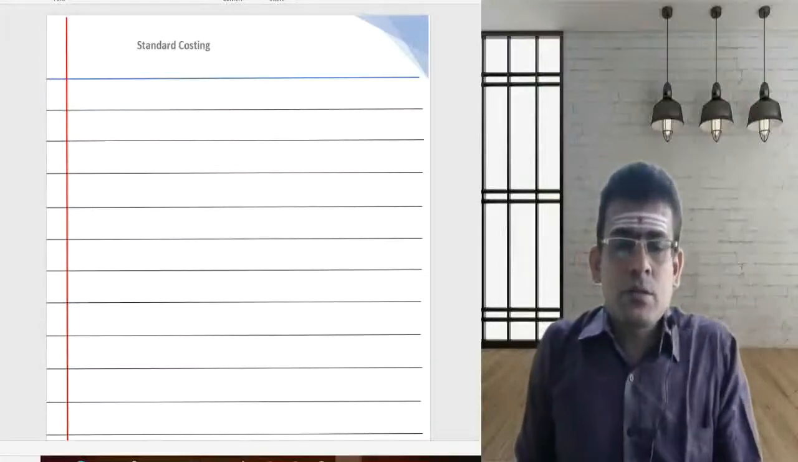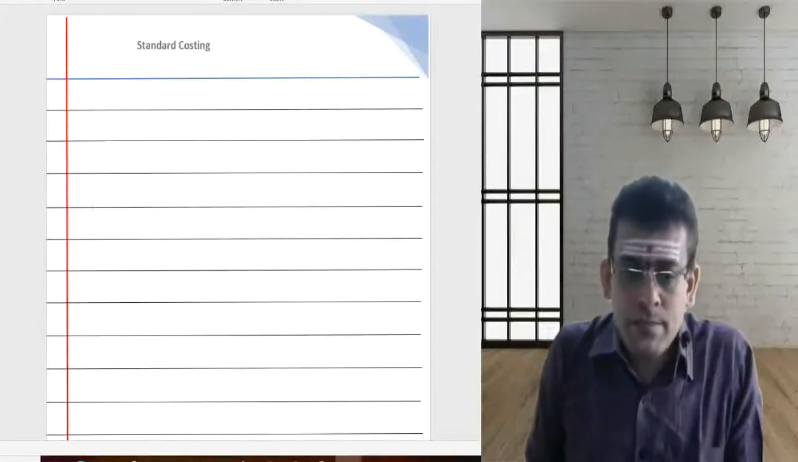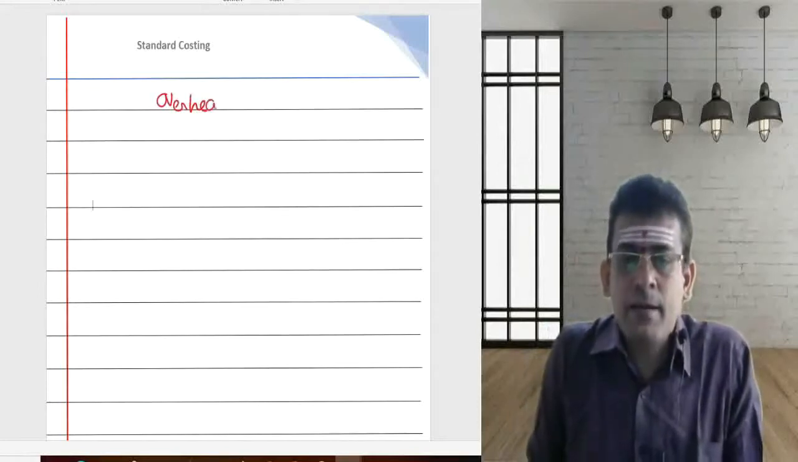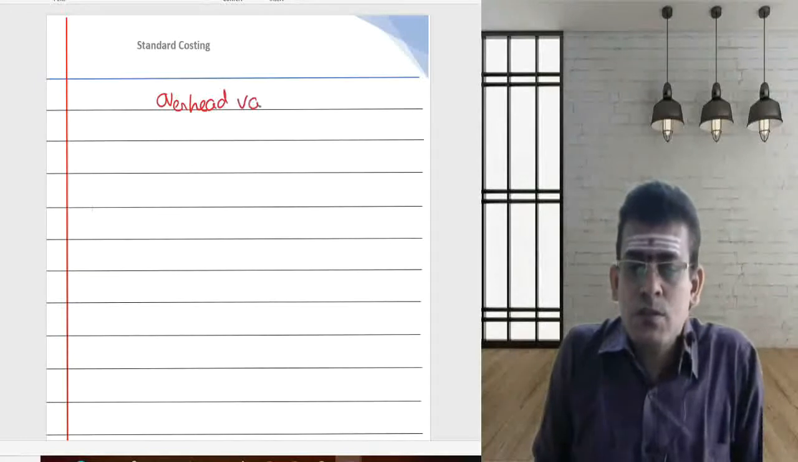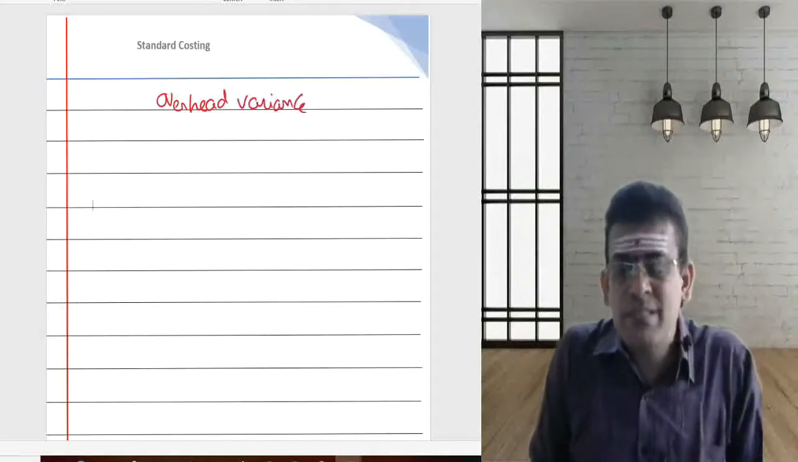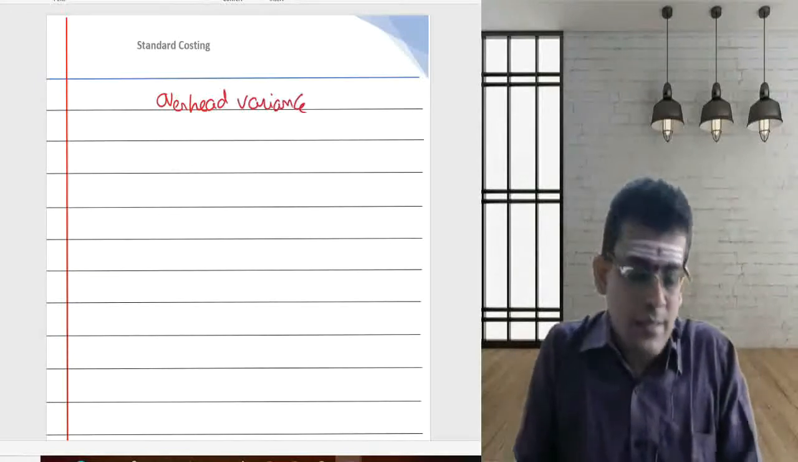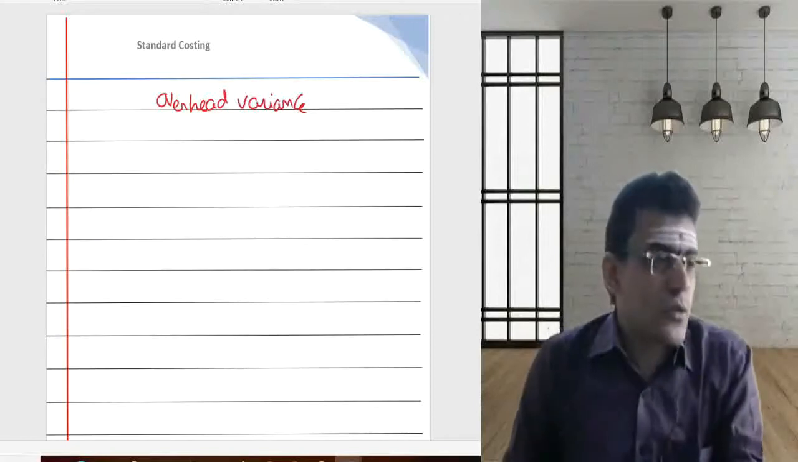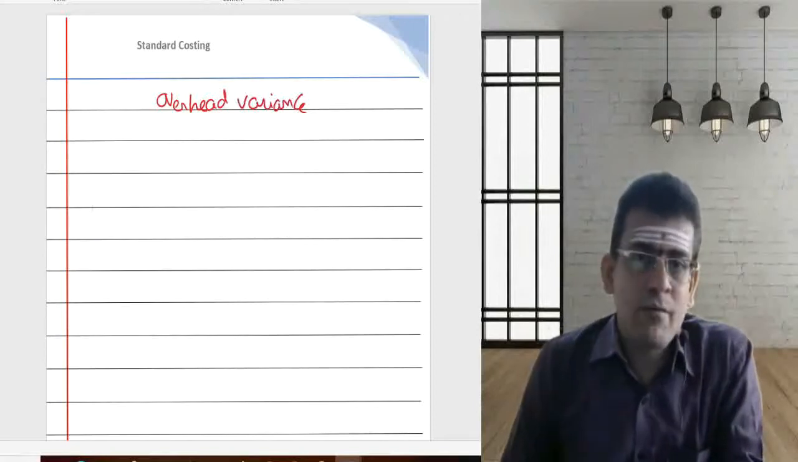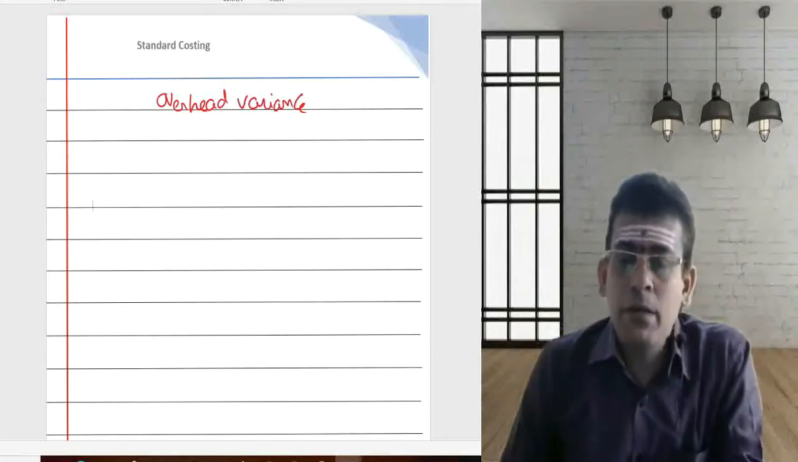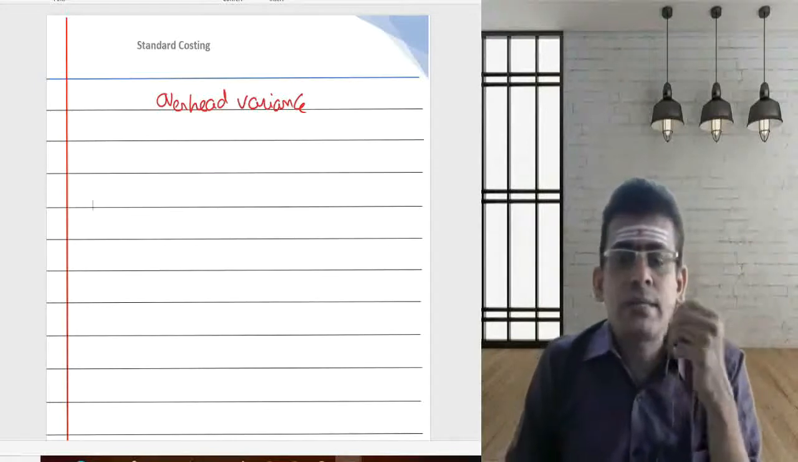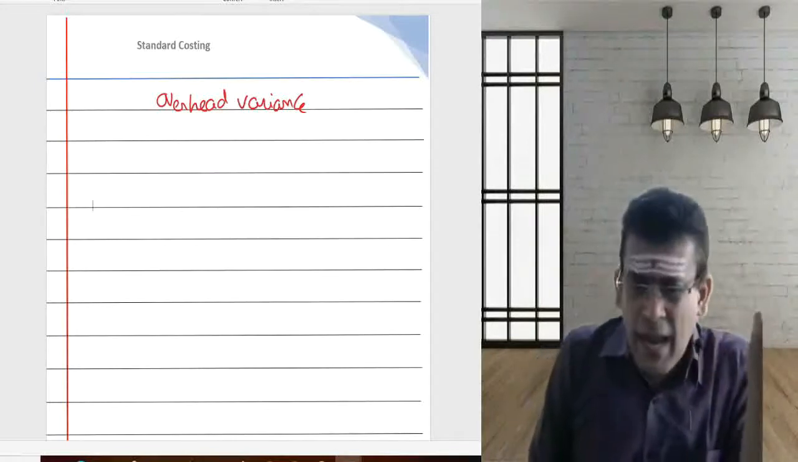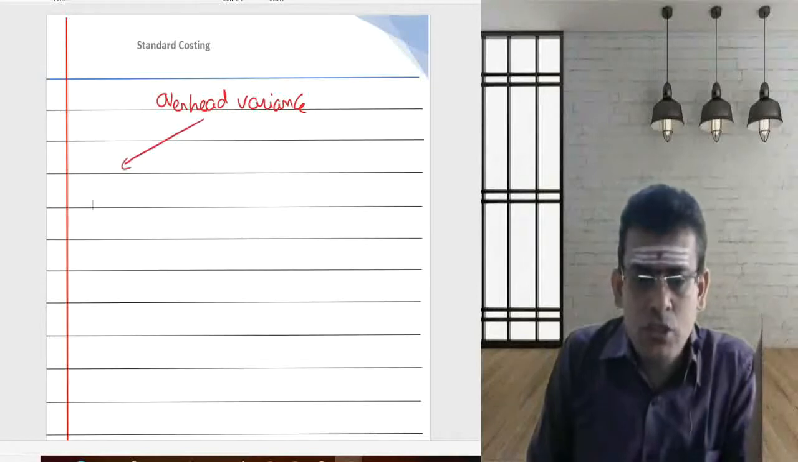Now let us move on to overhead variance. So now let us try to understand overhead variance. We know three elements of cost: material, labor. We have done with the material and we have done with the labor. Now the last element of costing is overhead variance, and we know the overheads are generally broken